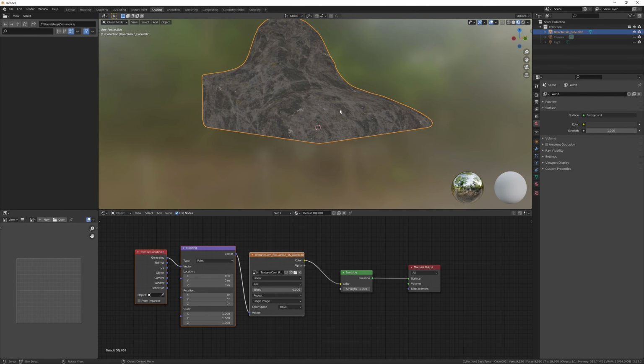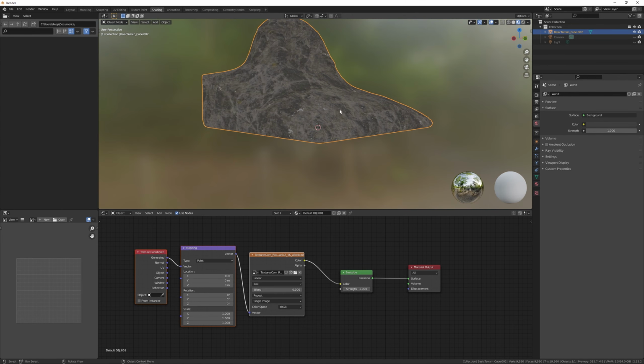I can delete that one. If I switch these, you can see that the height map is perfectly aligned with the color map. I can continue like this.